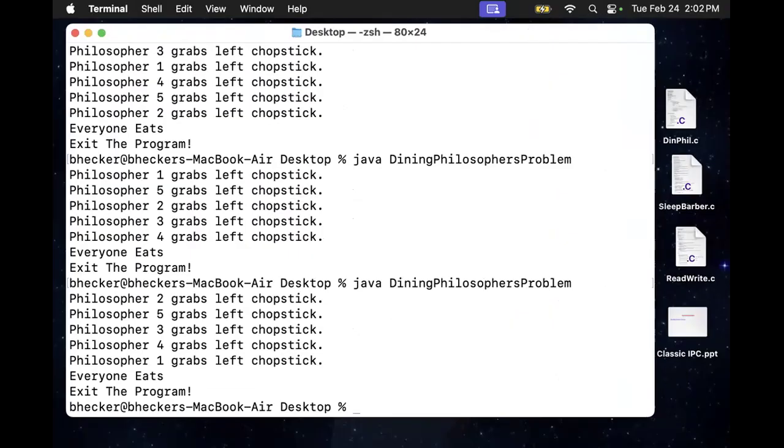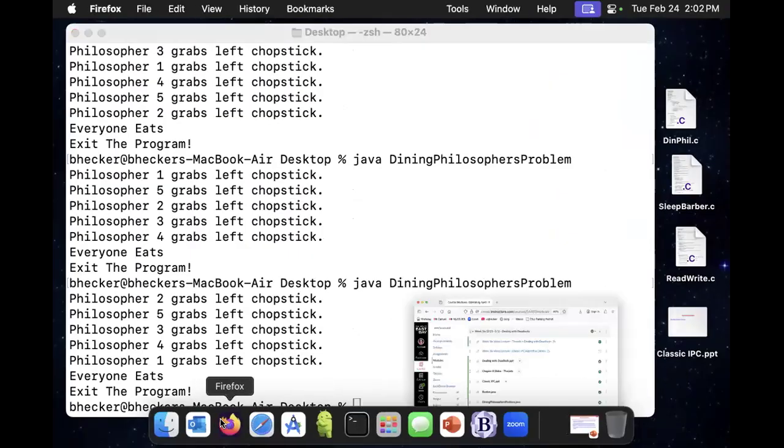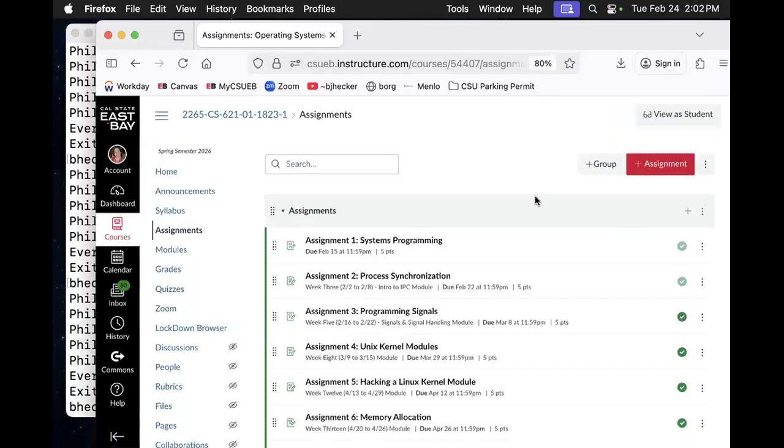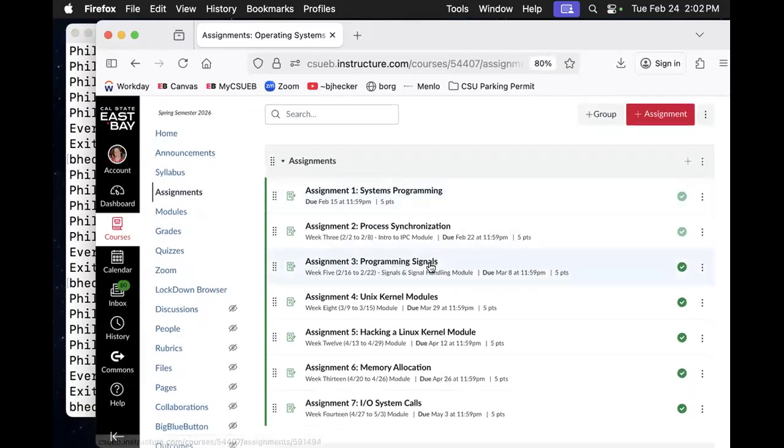So, intermission break. If you've completed assignments 1 and 2, I've tried to stay up with the grading. You should be working on assignment number 3, which is the programming signals. That one is due on March 8th. So that's the one you want to be doing. February is going to be over at the end of this week, so we're already into March, which is incredible. February 22nd was when the process synchronization was due. I think that was